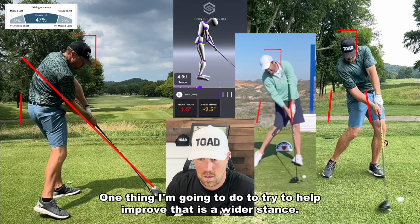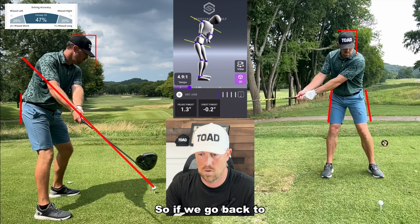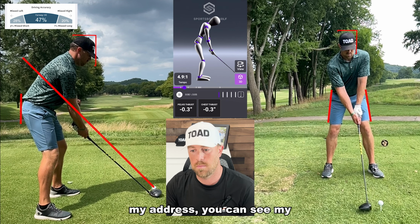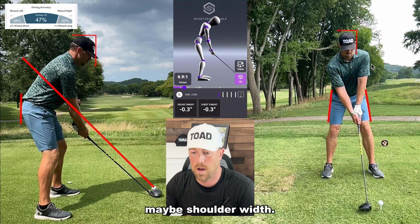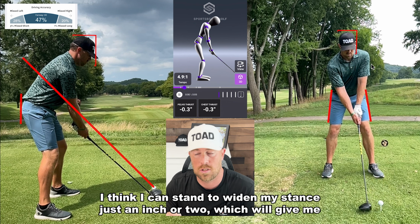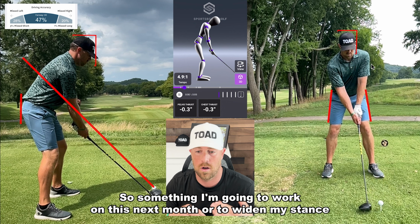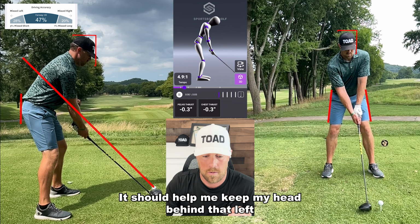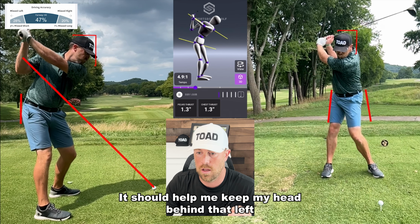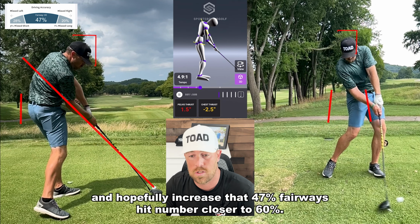One thing I'm going to do to try to help improve that is a wider stance. So if we go back to my address, you can see my feet are slightly wider than shoulder width, maybe shoulder width. I think I can stand to widen my stance just 1 inch or 2, which will give me a more stable base to keep my hips within and prevent that sway. So something I'm going to work on this next month or two, widen my stance 1 inch or 2, give myself a more stable base. It should help me keep my head behind that left starting line and not drift towards the target quite as much, and hopefully increase that 47% fairways hit number